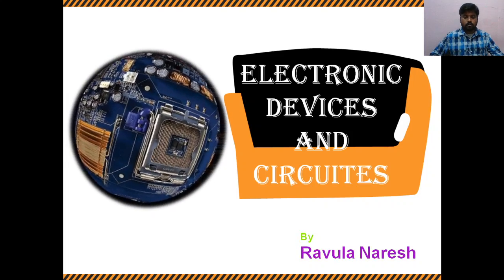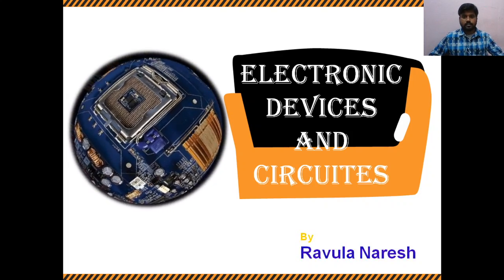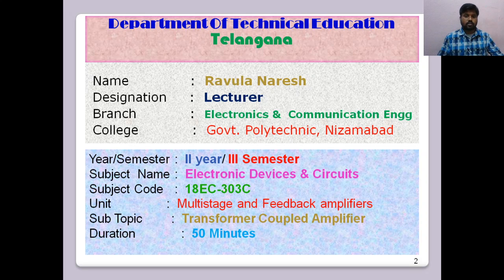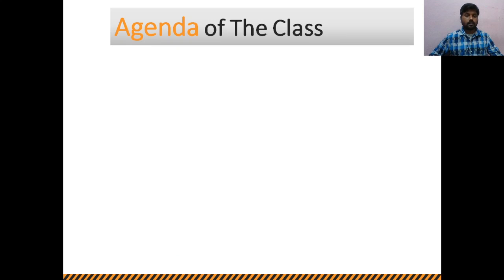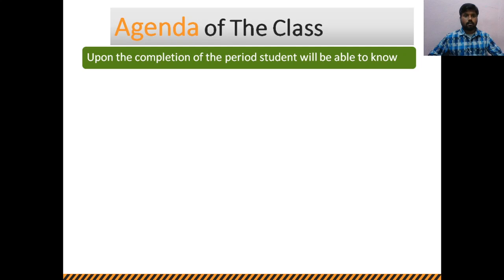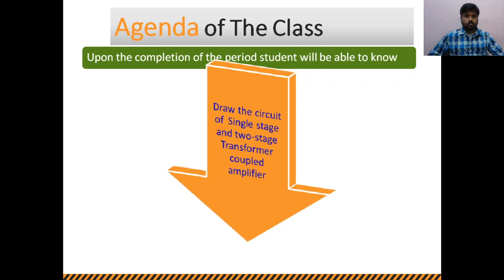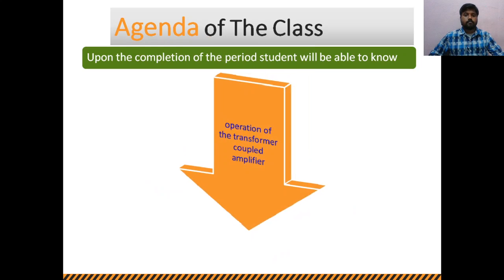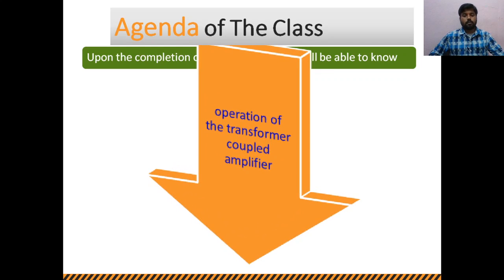In today's class of electronic devices and circuits, we are going to discuss the transformer coupled amplifier under multistage and feedback amplifiers. The agenda of today's class is to draw the circuit of a single stage and two stage transformer coupled amplifier, and the operation of the transformer coupled amplifier,